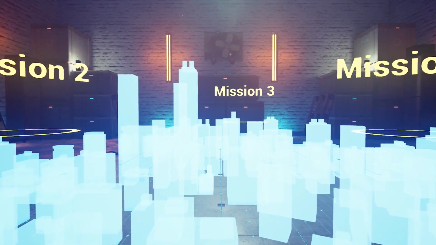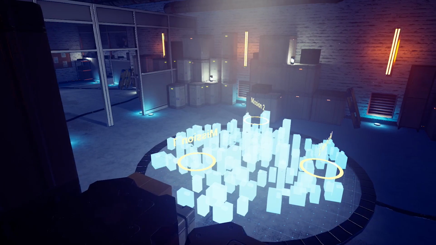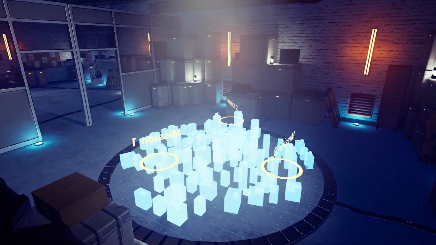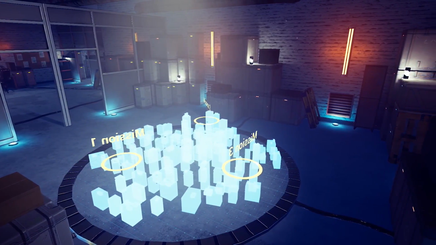And this is part of the world structure, being able to find new items, find new intel, learn more about the world, equip yourself to be more powerful, and go back out there and complete missions.